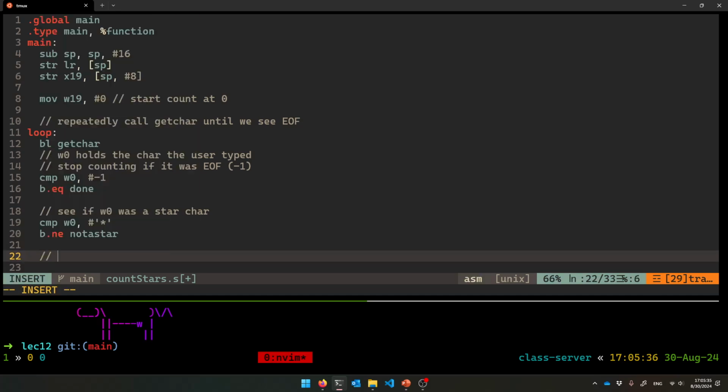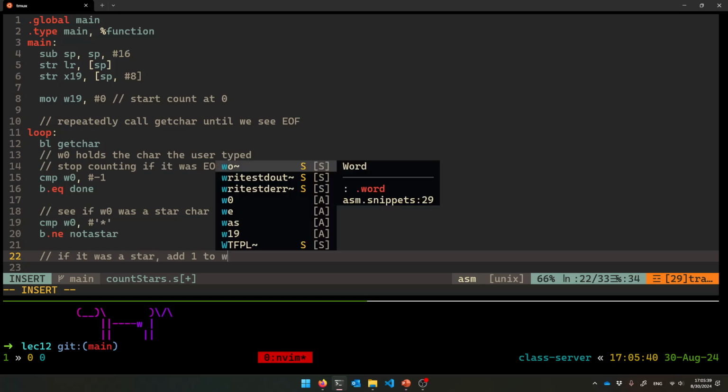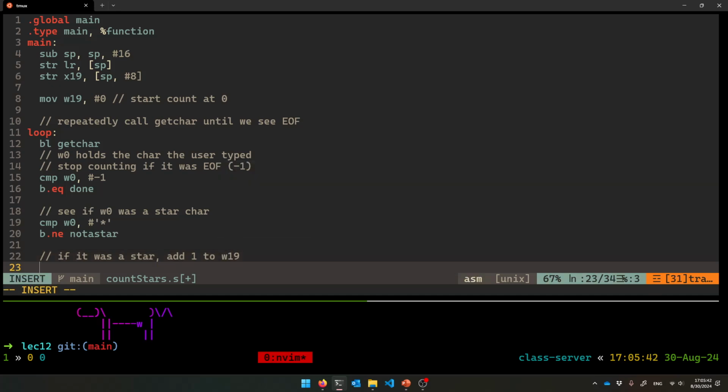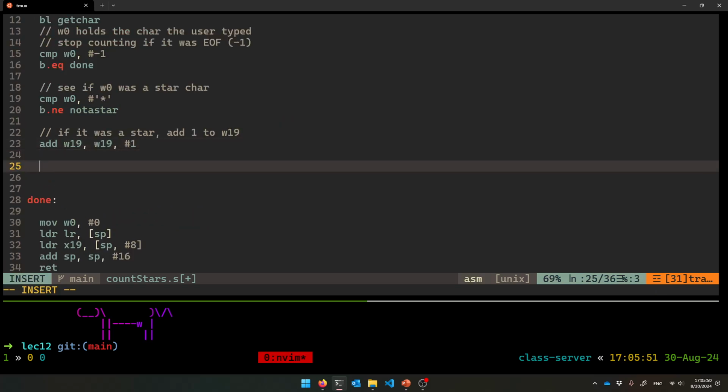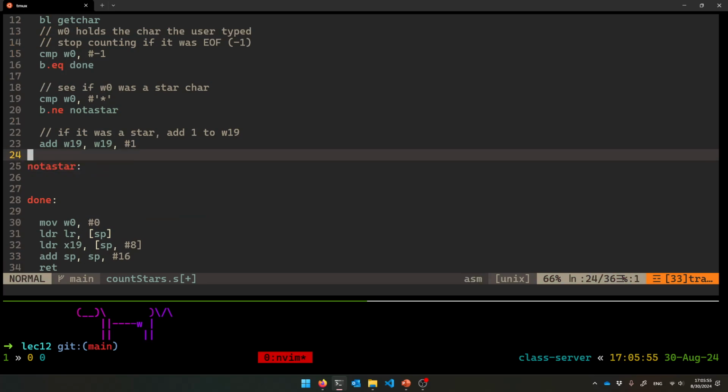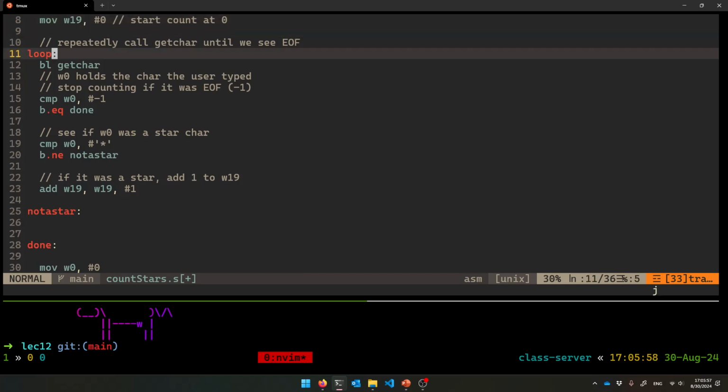And we should add 1. If it was a star, add 1 to W19. So add W19 number 1. There we go. And if it wasn't a star, it's like it didn't add anything, but definitely what we need to do after all this is one iteration of